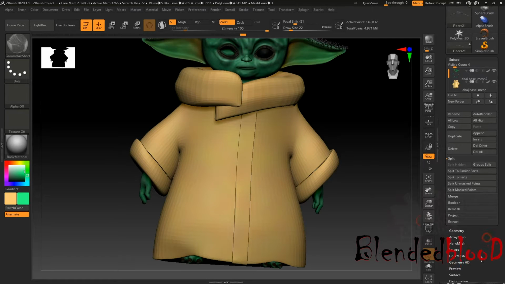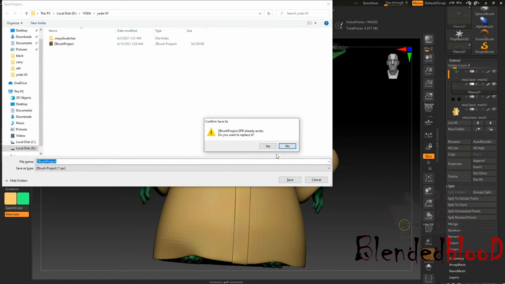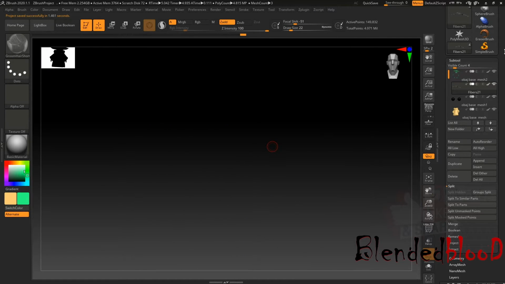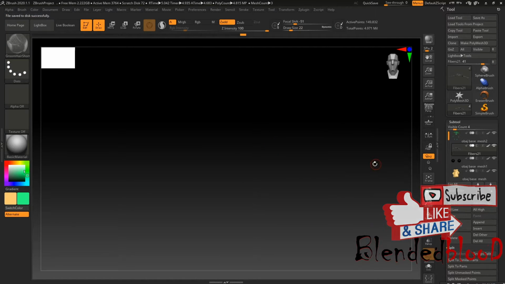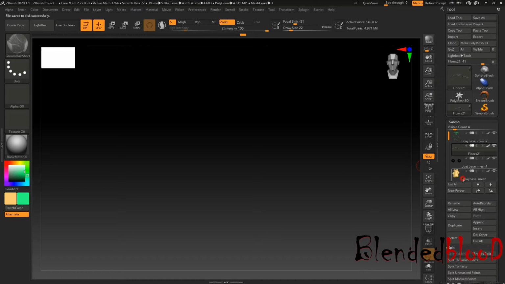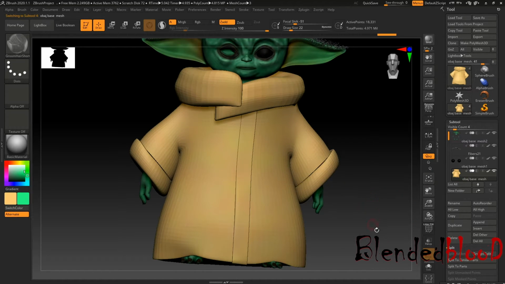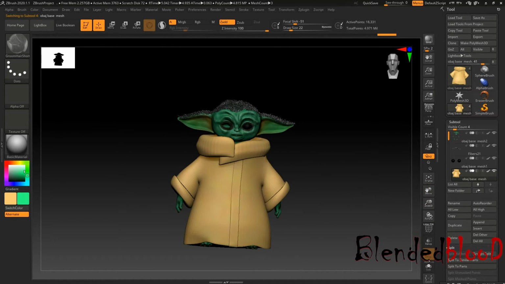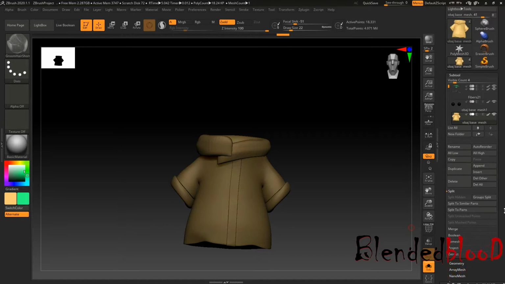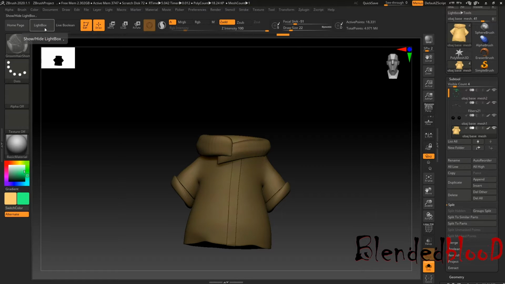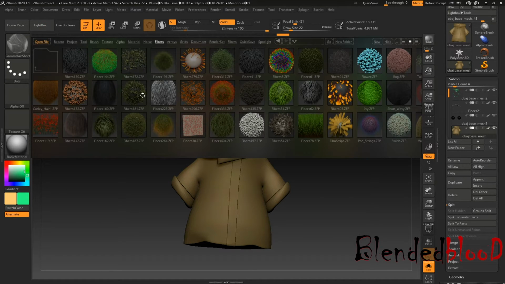For jacket, okay, all mask. Now line box, fiber, short way or